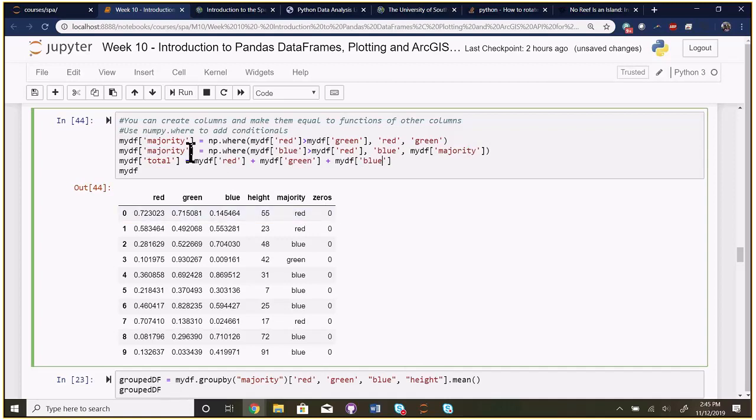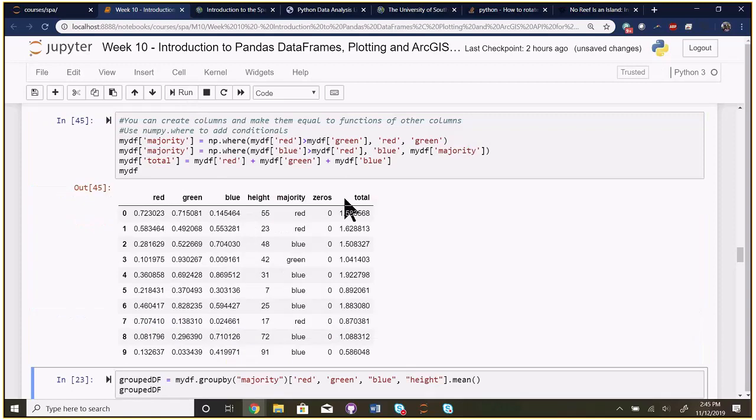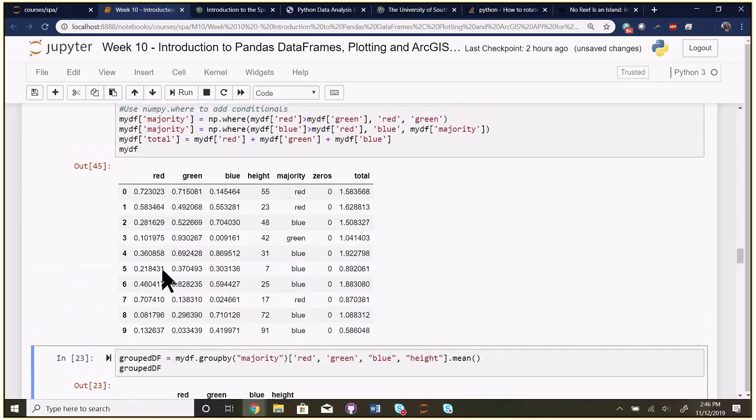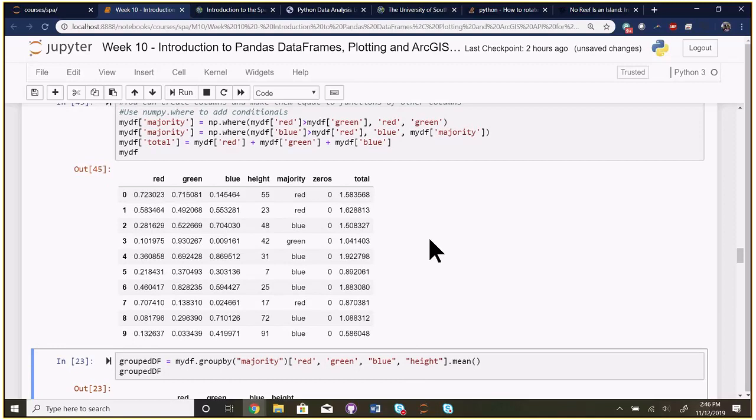So now the total is going to be the value of this one plus this one plus this one. So that's just added all those up. And there's actually another way to do that, which we'll show in a second. Right here, this is where we'll do it. But this is actually using a group by too. But I could just